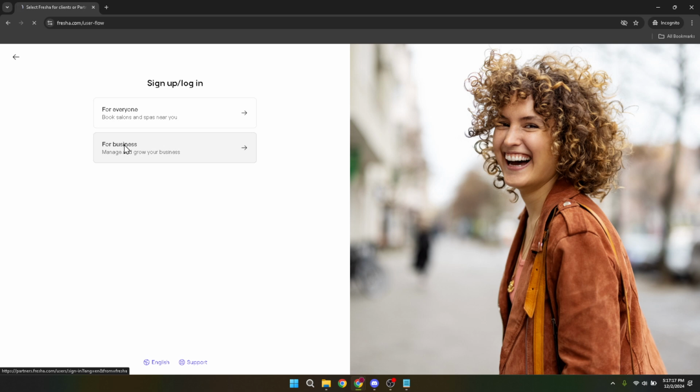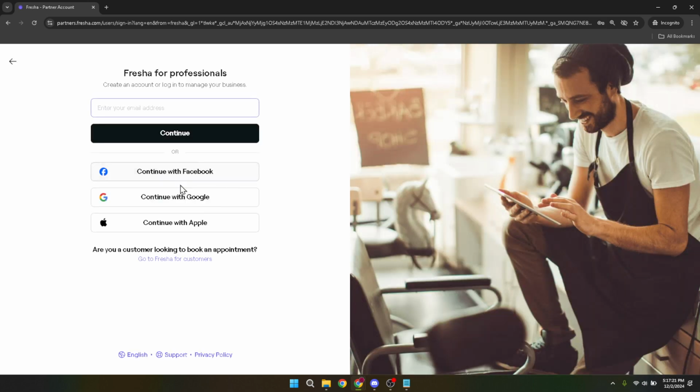discounts. Once the page is loaded, you'll notice a login option. Clicking on this is your first step into accessing the back end of your account where all your business tools are housed. Just follow the prompts and it will guide you through. The subsequent step involves selecting the For Business option once again, this time from within the login environment. This ensures you're accessing the business side of the platform where you have the capability to manage discounts among other